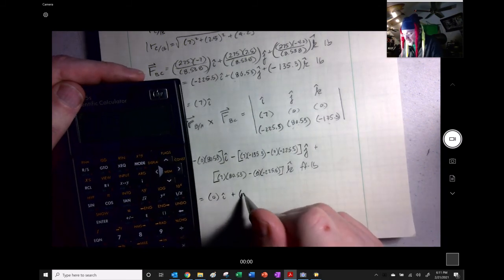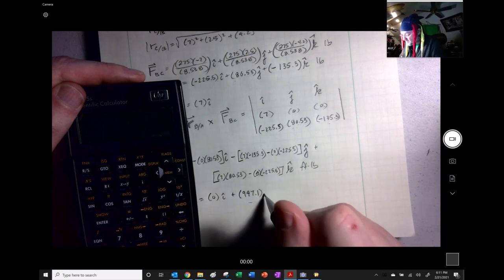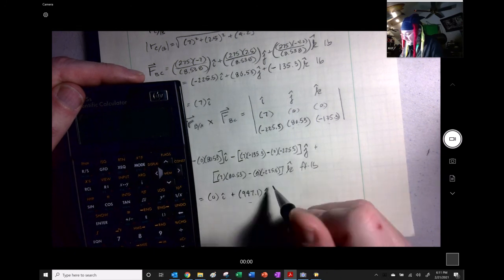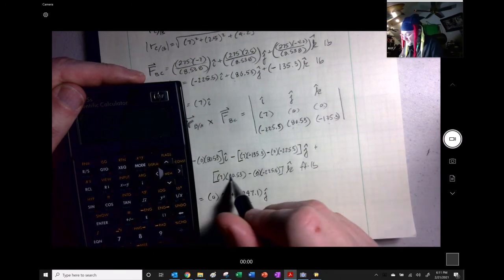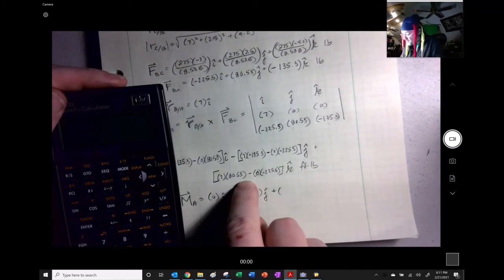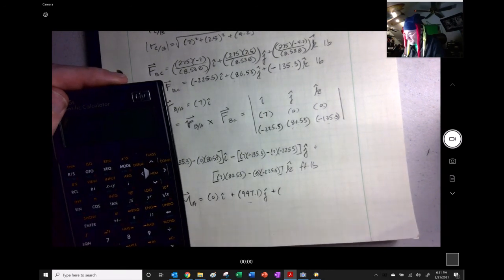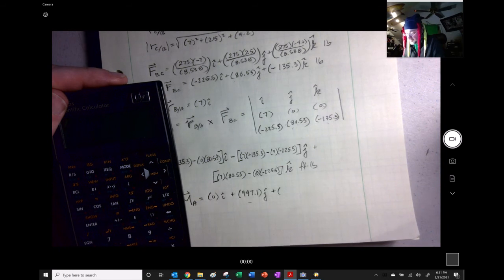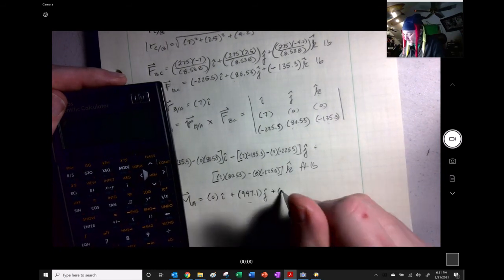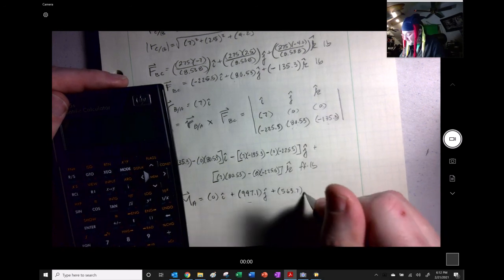And so we end up with a positive 947.1 J. And then lastly, this part, it's only that part right there, and there's no minus, so that's going to be 7 times 80.53, let's say. Okay. Boom. And we get a positive 563.7 K